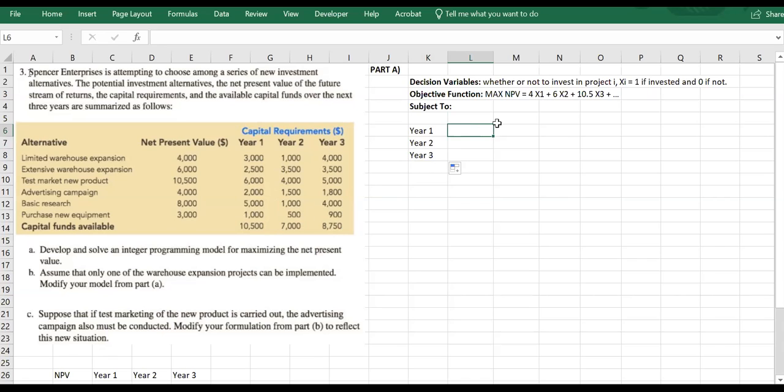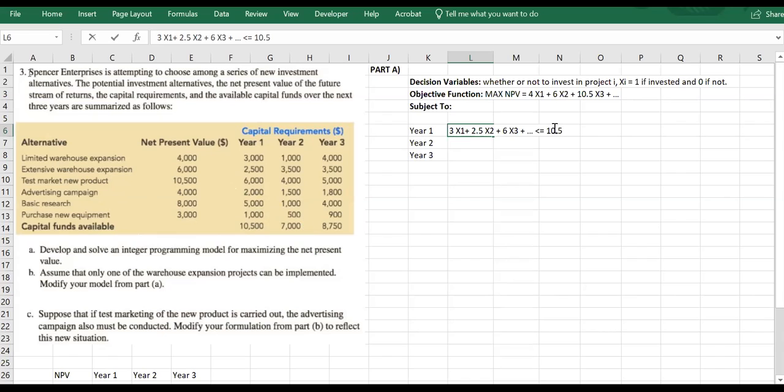So for year 1, it's going to be 3 times x1 plus 2.5 x2 plus 6 times x3 plus 2 times x4 plus 5 times x5 plus 1 times x6 should be less than or equal to